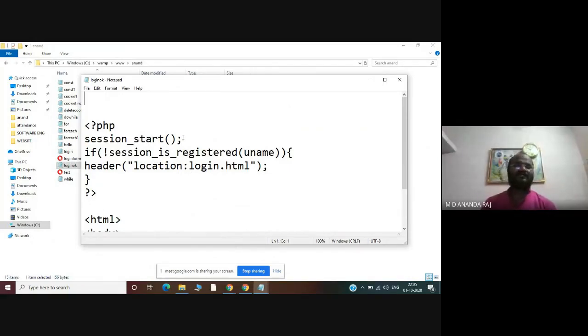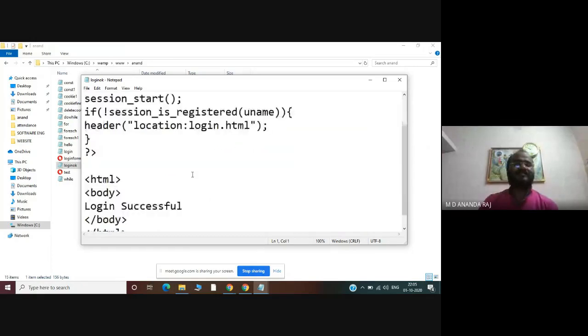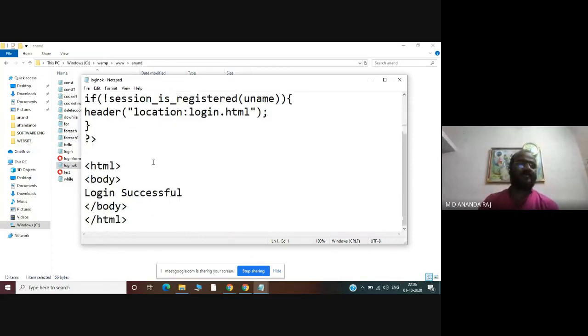If the session is not registered for the particular username, then header, location, login.html. Close the curly brace, close the PHP tag, and inside that you have the HTML body with login successful. Closing the body tag and HTML tag.